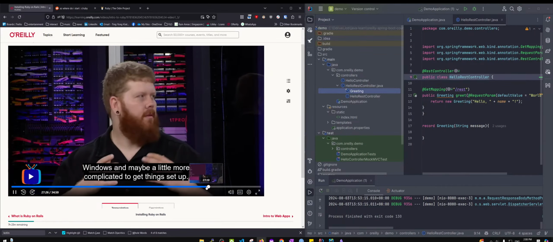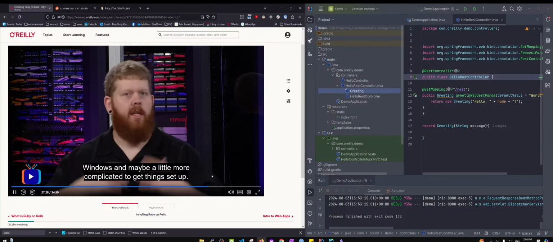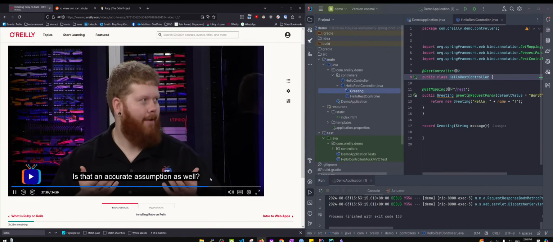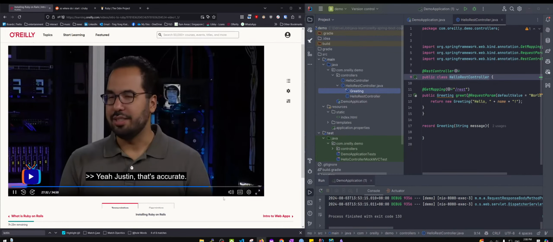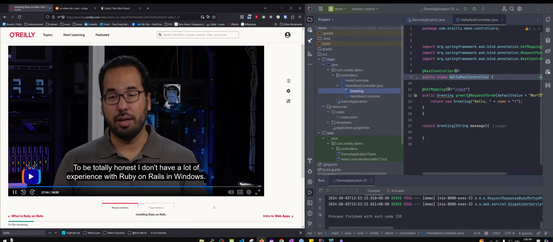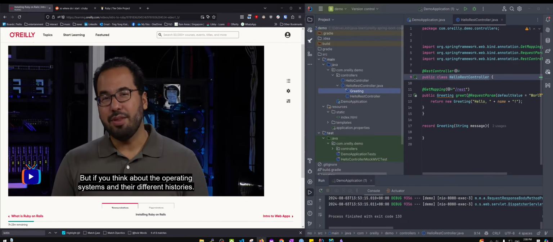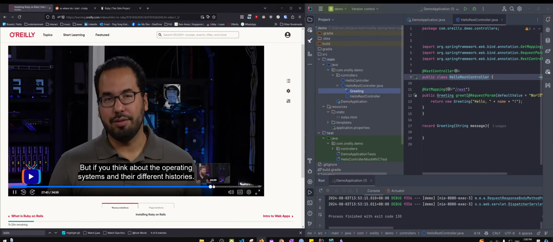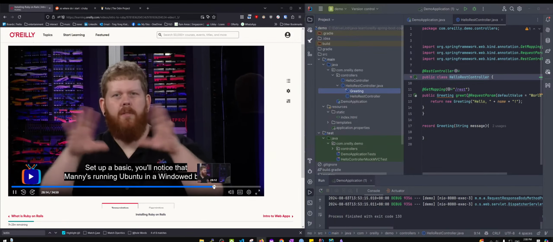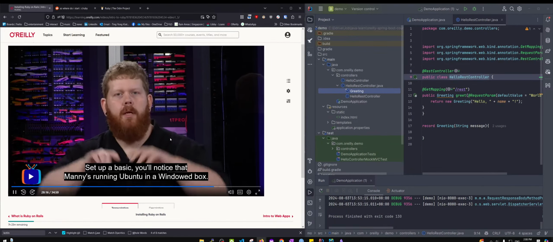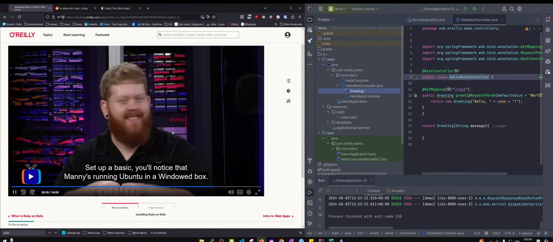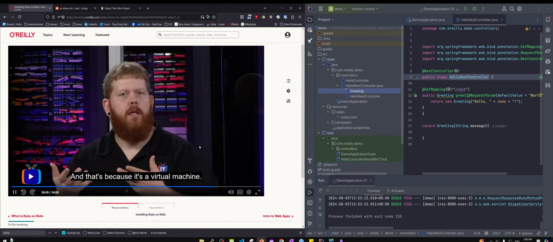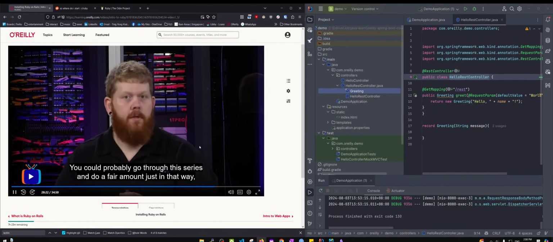And maybe a little more complicated to get things set up. But is that an accurate assumption as well? Yeah, Justin, that's accurate. To be totally honest, I don't have a lot of experience with Ruby on Rails in Windows. But if you think about the operating systems and their different histories, to set up a basic, you'll notice that Manny's running Ubuntu in a windowed box. Yeah. And that's because it's a virtual machine. You could probably go through this series and do a